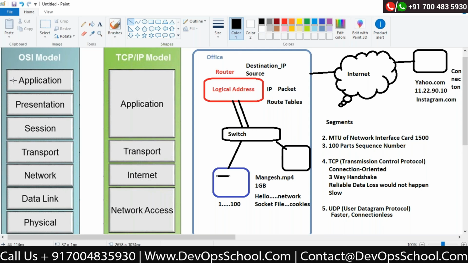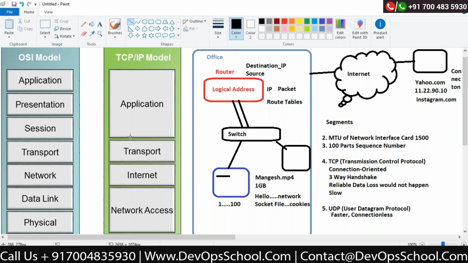What they did was put the application, presentation, and session functionalities into the application layer itself. Whatever application you are using, whether it's a browser, FTP, Telnet, SSH, or SMTP mail, if that application is using the network, then all these functionalities should be handled by the application layer itself.